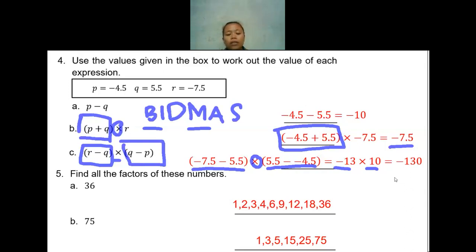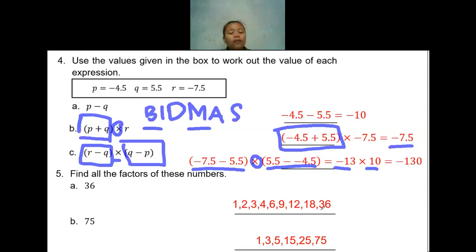Find all of the factors of this number. To find the factors, you have to find all of the possible multiplications that give the answer 36. So it will be 1 times 36, 2 times 18, 3 times 12, and so on. So you make a list of all the possible multiplications and write them in order, so there will be the factors of 36. As you can see, those numbers are there. If you think there is any number that I missed, you can tell me.